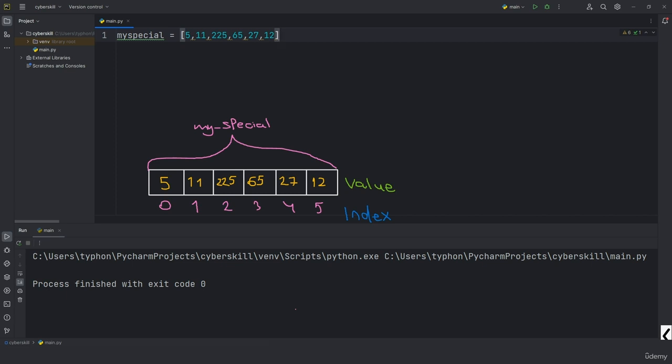What is a list? A list is a collection of items in a particular order, and you can make a list that includes the letters of the alphabet, the digits from 0 to 9, or the names of all the people in your family. You can put anything you want into a list, and the items in your list don't have to be related in any particular way. Because a list usually contains more than one element, it's a good idea to make the name of your list plural, such as instead of my special, you can write my special numbers like this, or letters, digits,